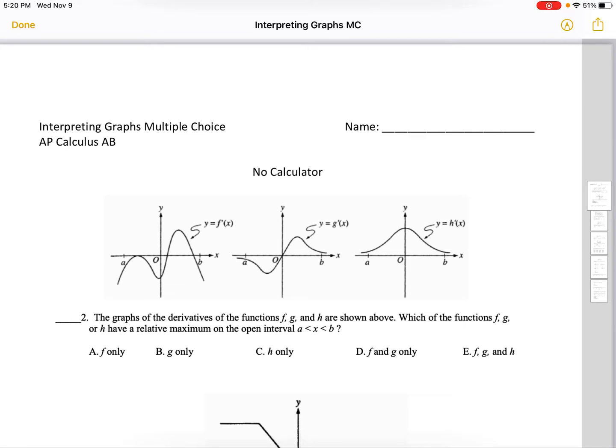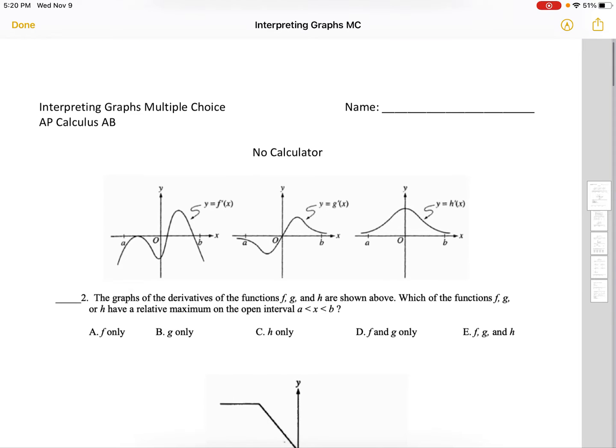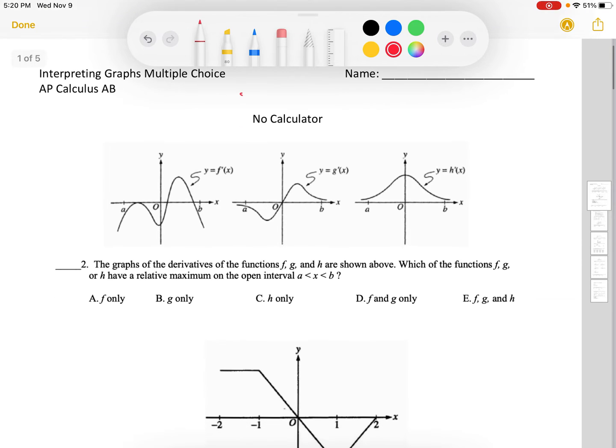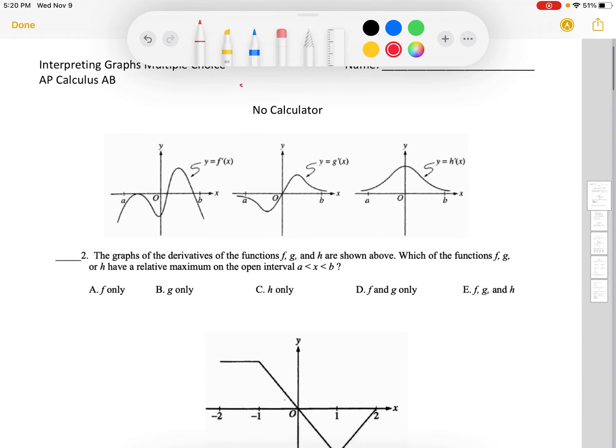Wanted to walk you through the multiple choice portion of the review. We're going to do this video in 5 parts, one for each page. Starting with this first page. First question is asking if the graph of the derivatives are shown above up here in these three, it wants to know which one